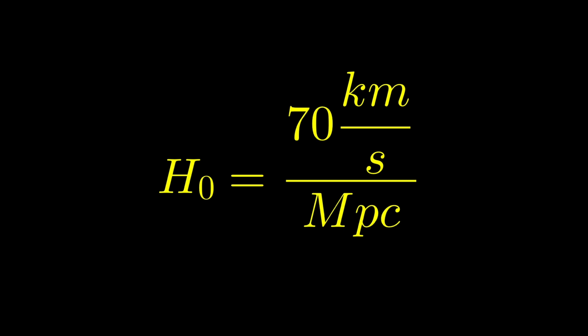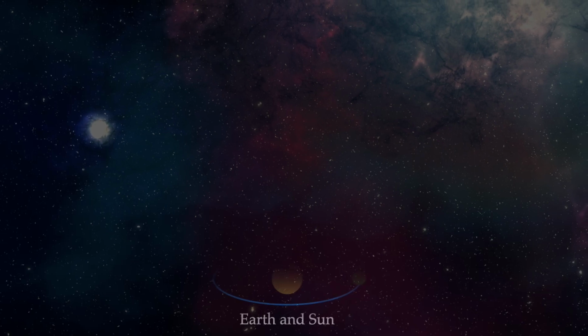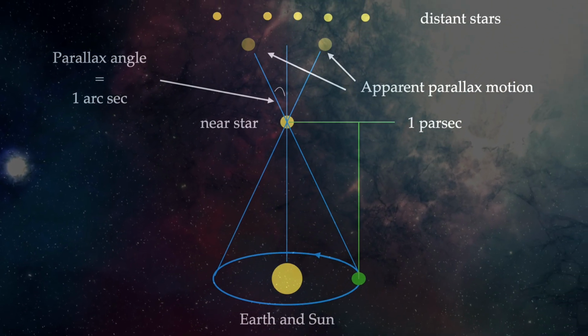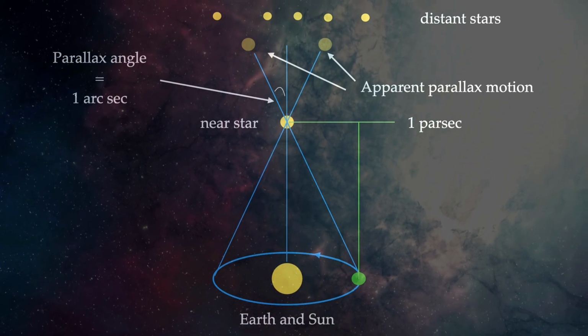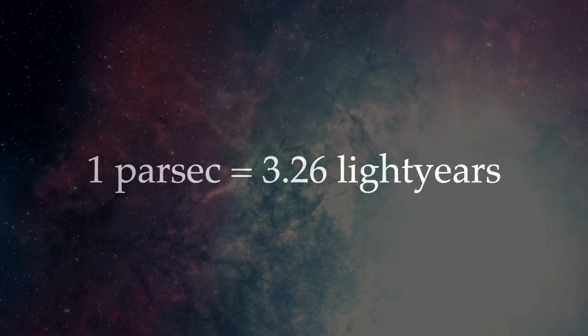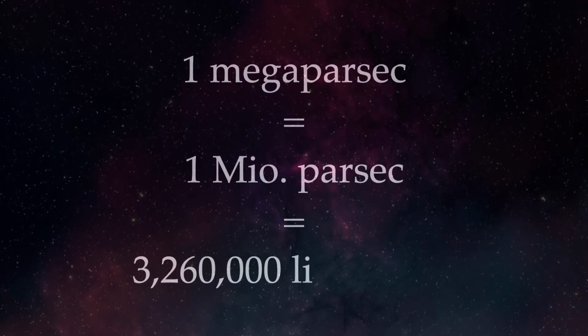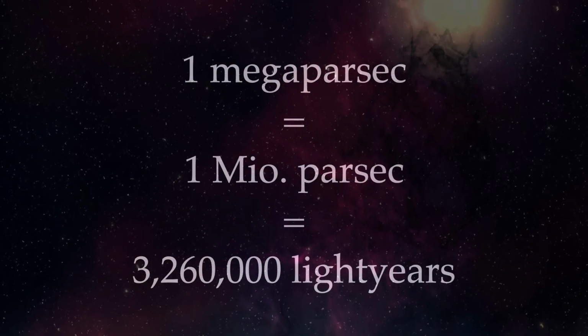What does this value tell us? First, we should clarify what a megaparsec is. A parsec is an astronomical unit for distance from a time when parallaxes and trigonometry have been used to measure the distance between us and the stars in the sky. Transforming a parsec to a more convenient unit, we would get 3.26 light years. A kiloparsec is 1000 parsec and therefore 3260 light years. And a megaparsec is 1 million parsec, which is equal to 3.26 million light years.